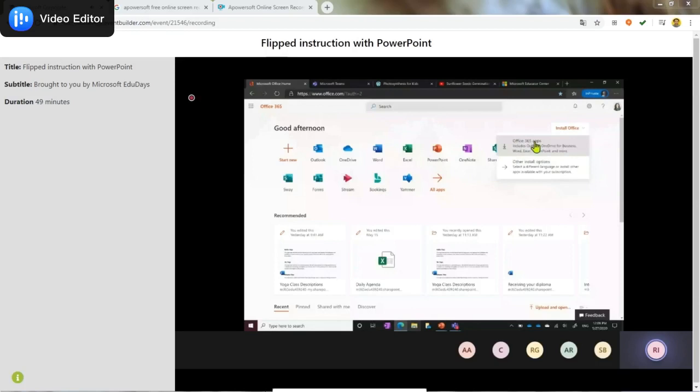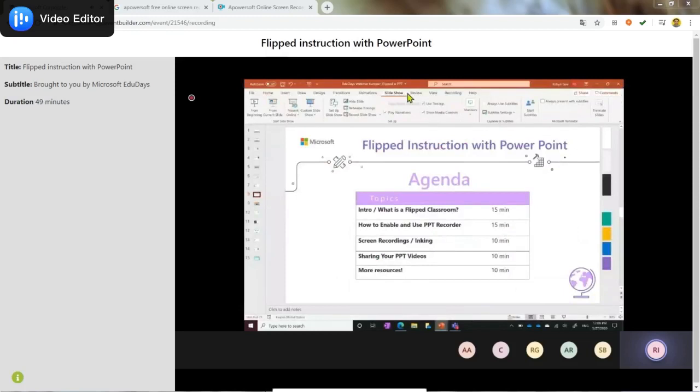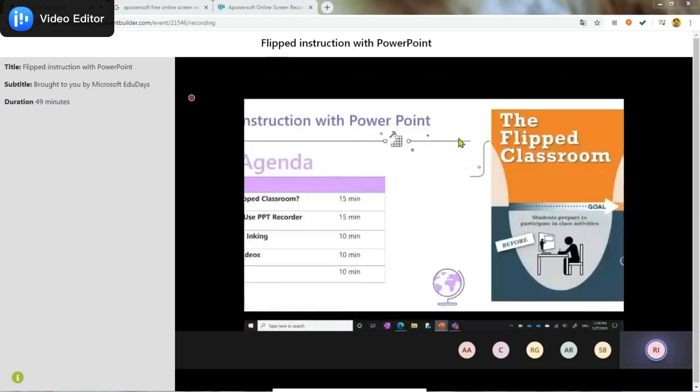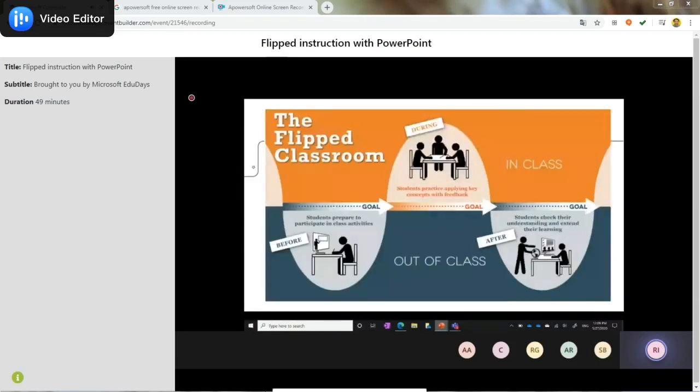Okay. All right, so our first job is to just talk quickly about what is a flipped classroom. That's one of our big concepts today. So let me just go ahead and go back to sharing this. The idea of a flipped classroom is an approach to teaching in which the direct instruction part happens in an individual space or an individual context. So while the students are at home, they're actually being exposed to the new material and the direct instruction from you via a video lesson or a pre-recorded lesson.